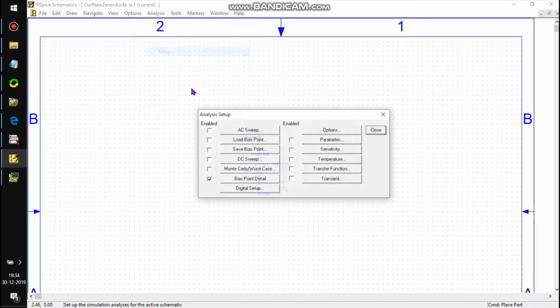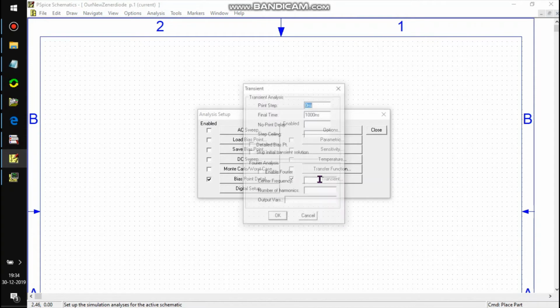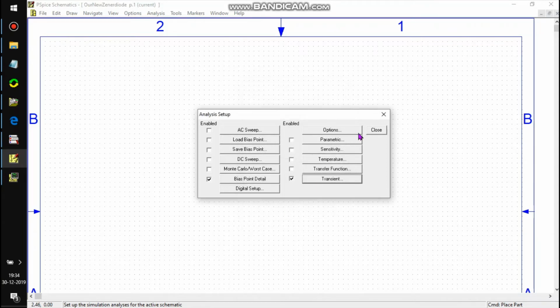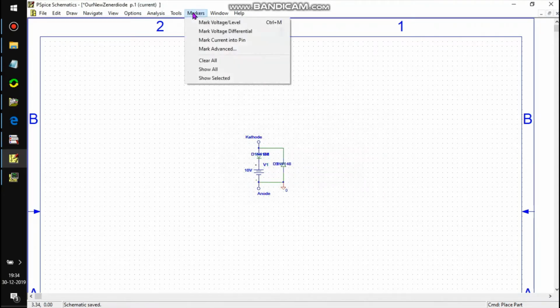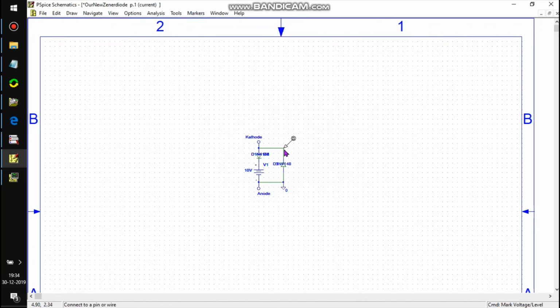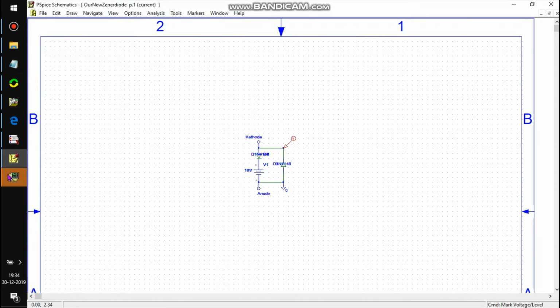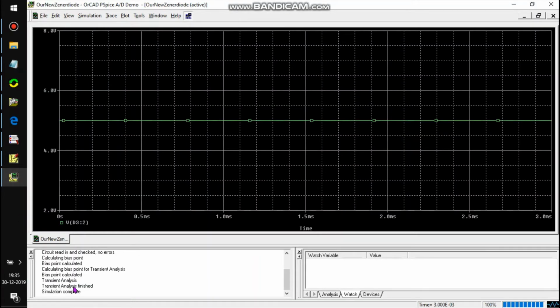A changing voltage source and see what is going to happen at the node. So let's set up a transient analysis. Put a voltage marker. Simulate. And it's done. It's just 5 volt.